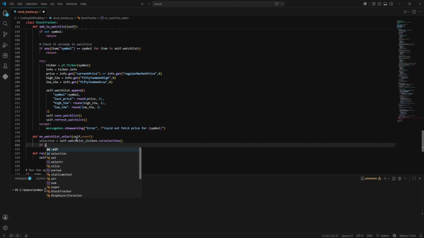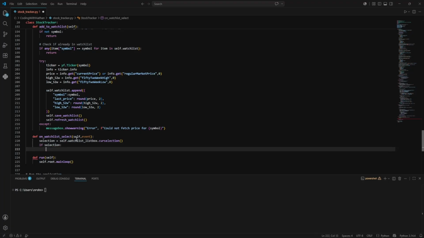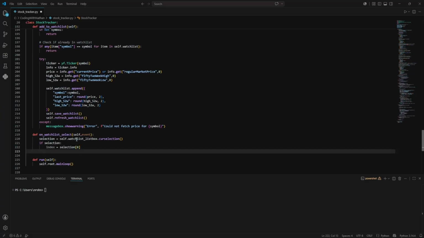If selection index equals selection 0, symbol